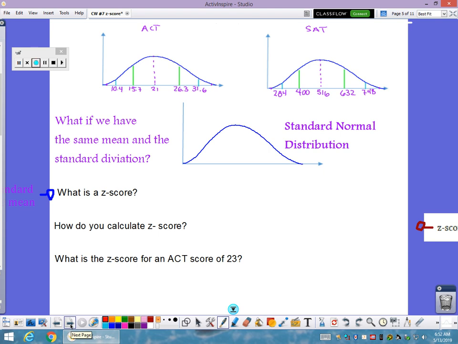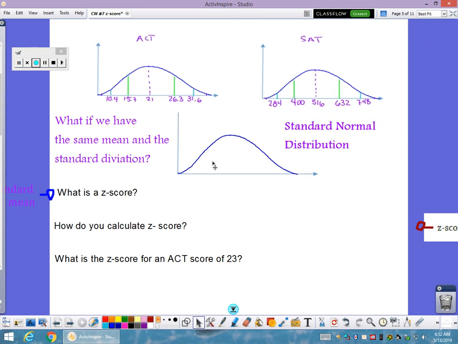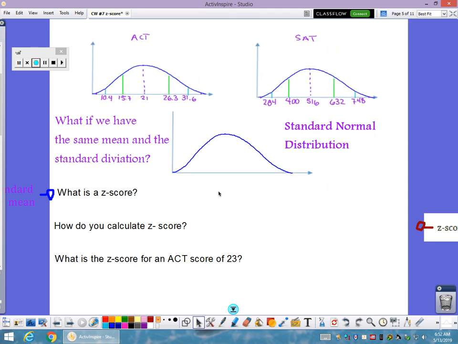All right, so when we get all our numbers on there, not sure what that is. Oh, there's an extra curve. Oh, I see. Okay, what if we have the same mean and standard deviation? Sorry, this was a typo. What if we have the same mean? I want to take this and that and put them together onto one